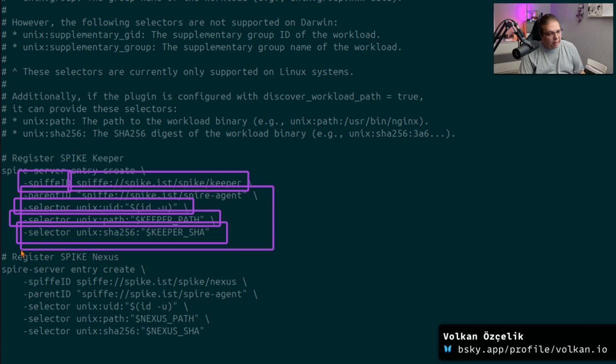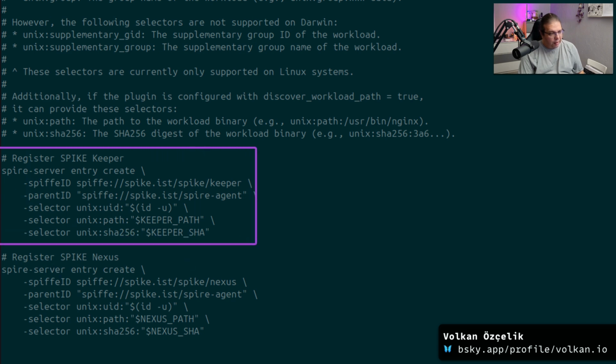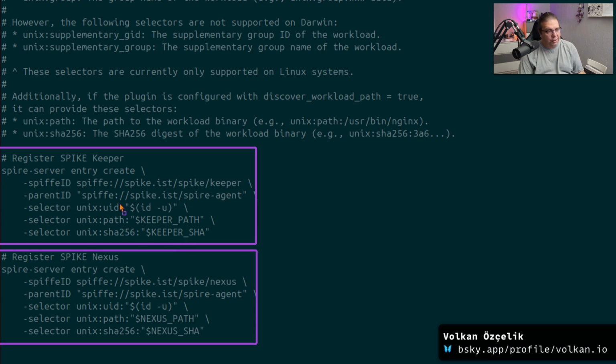We are running these selections before giving that process the ID. Eventually, we query the environment that the process is on to get an identifiable proof that the process is what it claims to be. So we create two entries. One of them is for keeper, and the other is for nexus. And as long as these entries can validate the process,